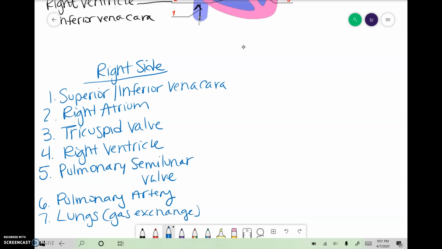Okay, again, take a moment to pause, take a look at this, but this is the path that blood takes through the right side of the heart. Remember, the right side is carbon dioxide blood or the dirty blood, and its purpose is to get carbon dioxide into the lungs for that gas exchange to take place. All right, so once gas exchange